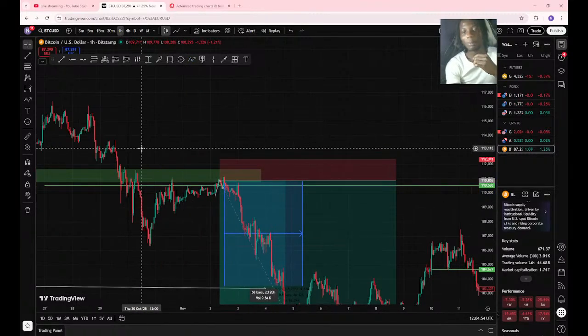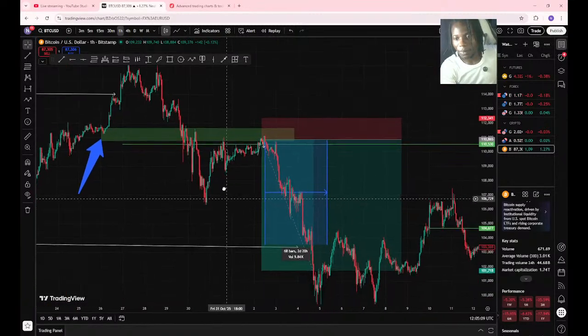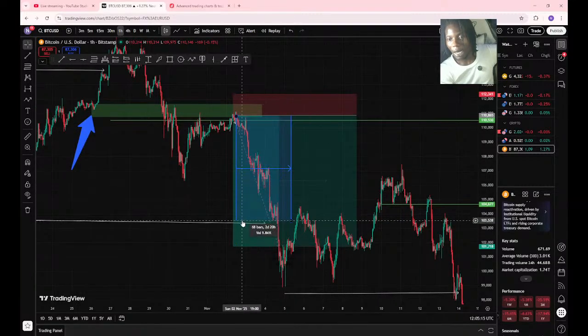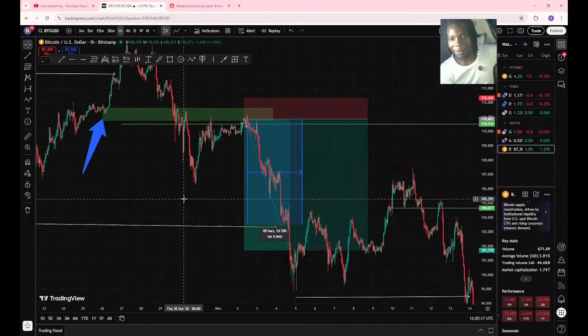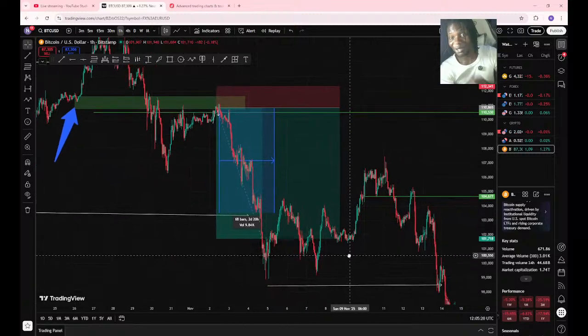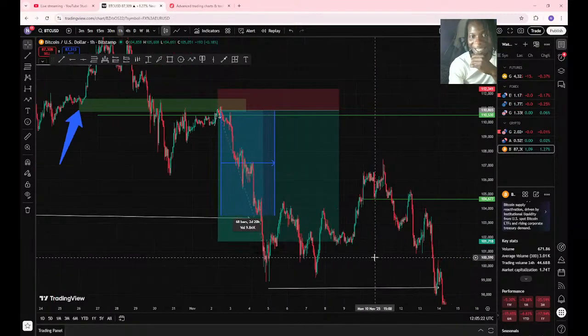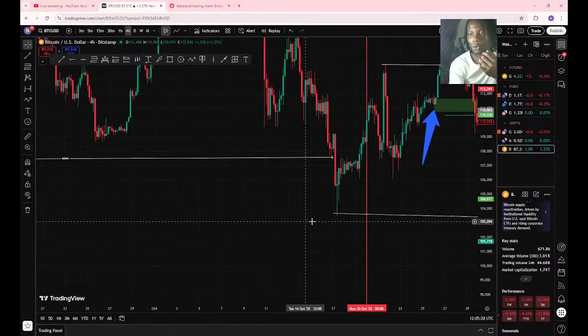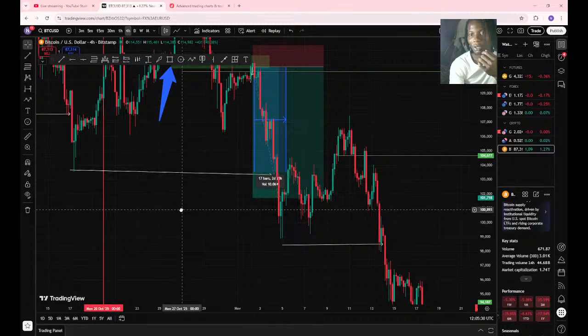Then remember I told you guys, at every open and close, there is a liquidity zone resting up there. At every open and close, there is a strong liquidity zone resting up and down. I hope you guys are understanding this concept. We are just doing our live backtesting session. Same thing again. Remember, once you win your trade, go back to your 4 hours, look at what price is doing, and take your trade from there.